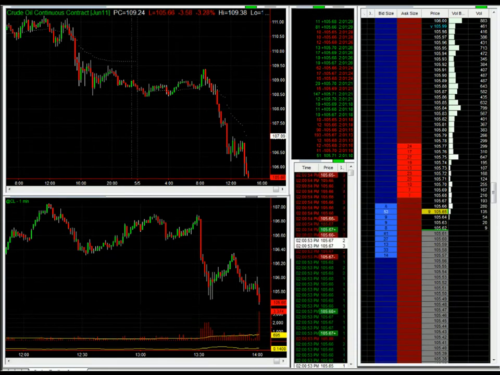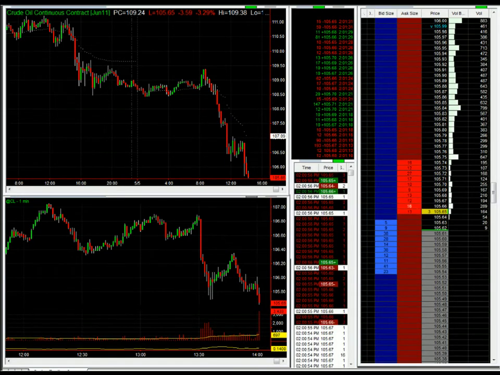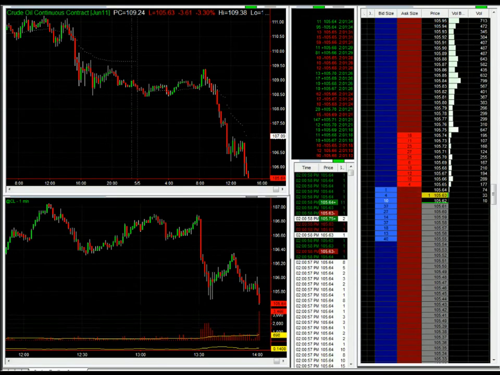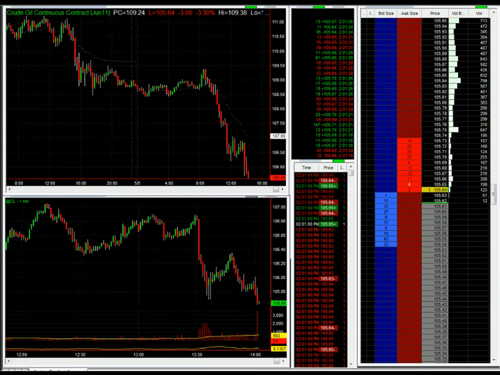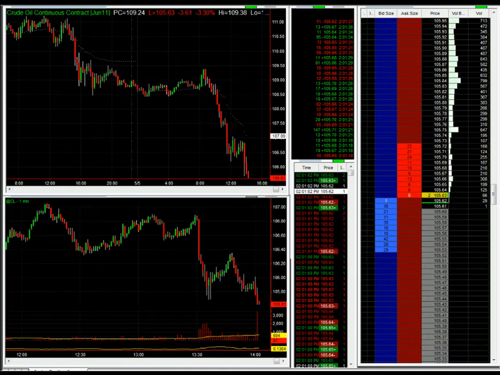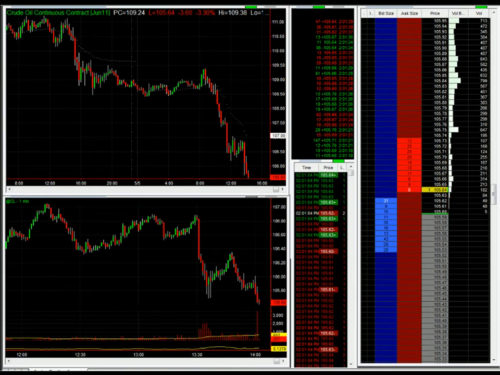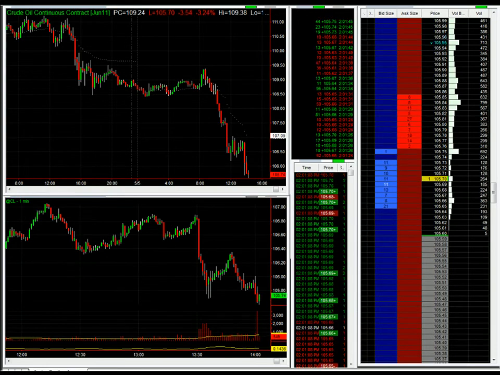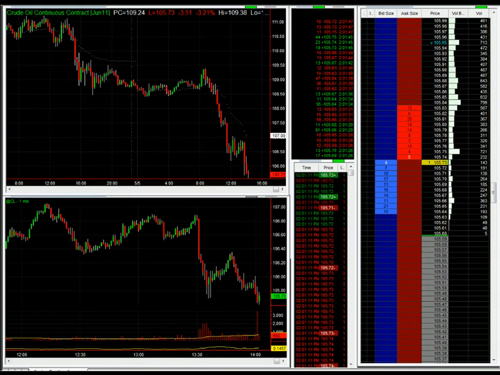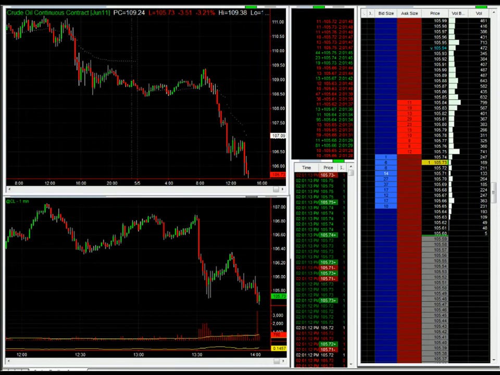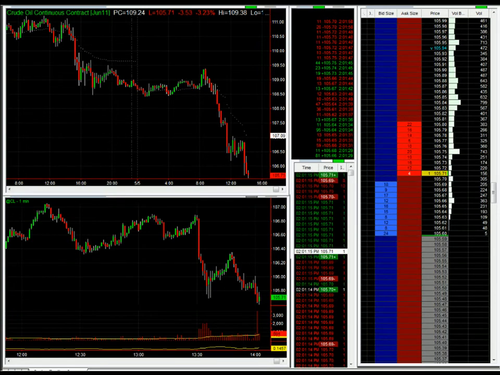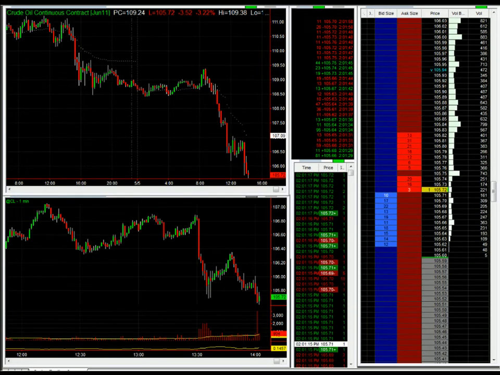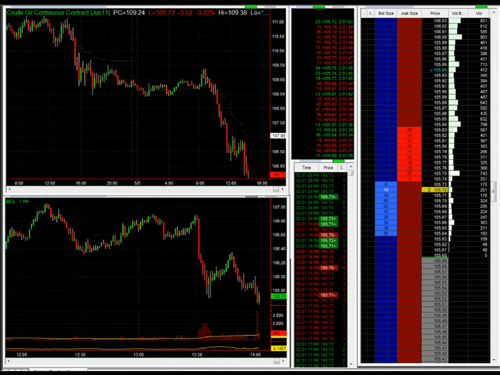So we'll properly break. At the moment, we're just probing. We're just probing lows. Look at this, good volume coming in, and it's being supported at the moment. You can see they're taking it down a few ticks, and then someone's coming in and taking a little buy order, a few offers. It's popping back up. Now we're popping back up here, and a lot of people would think double bottom. Now, a little tip really